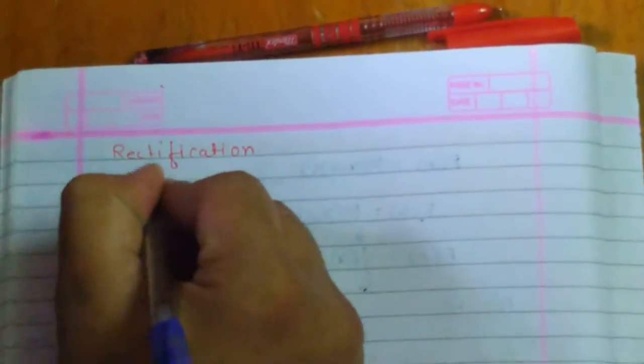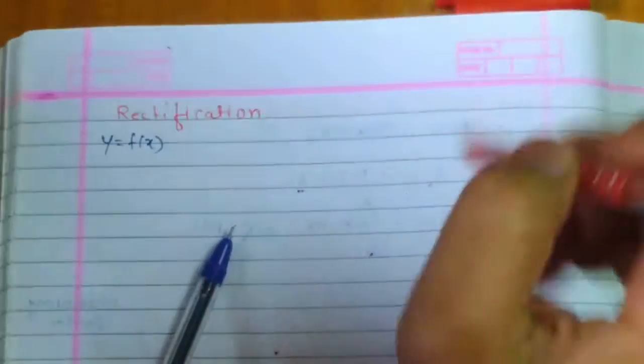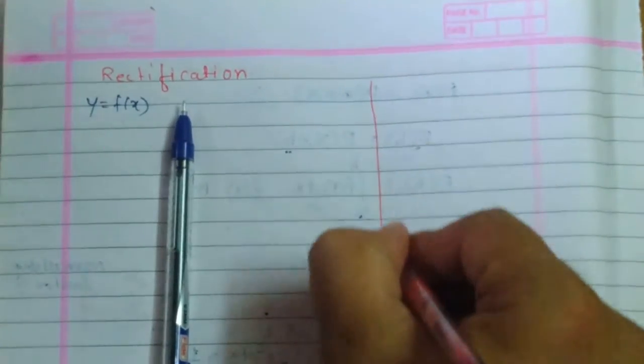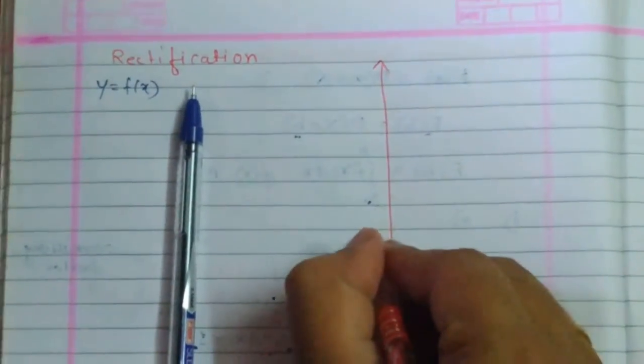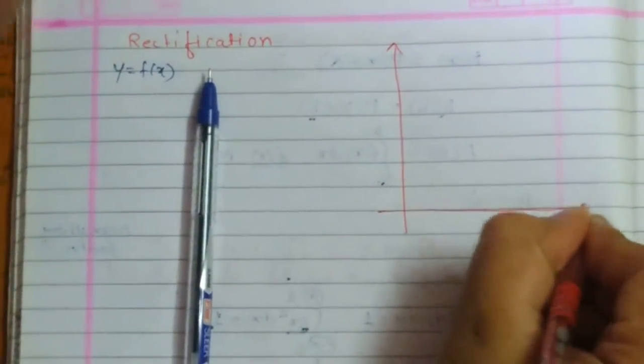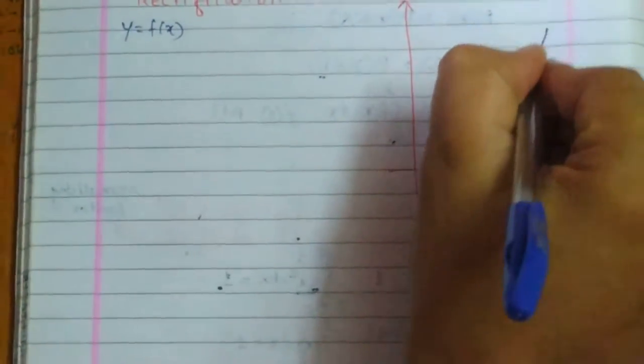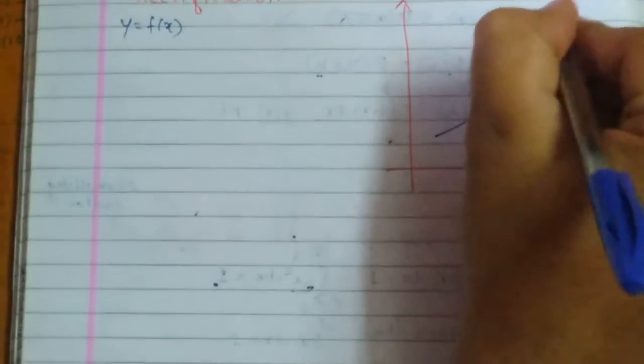Okay, so let y is equal to f of x be my curve. You might be a little bit disturbed because I am just changing my planes, because simultaneously I am going to draw the diagram to understand the graphical representation of this. I have some curves there like this, y is equal to f of x.